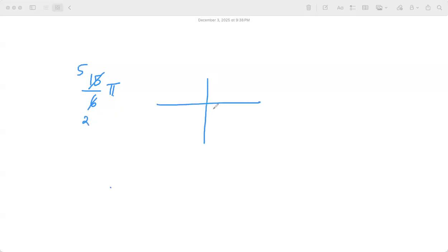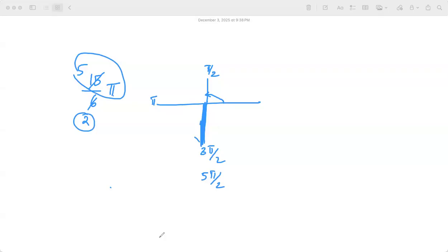Pi by 2, pi. This is 3 pi by 2. See, when you think about it, 5 pi by 2 is a pair of this. 5 pi by 2, the second revolution comes here. Makes sense? So, got it, Dhwani. So this was your terminal ray. Can I move on?